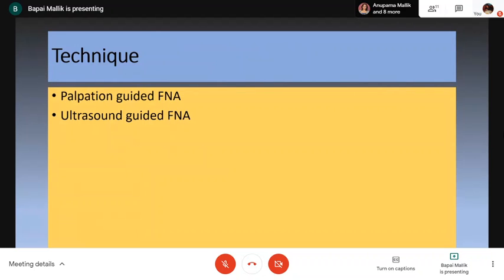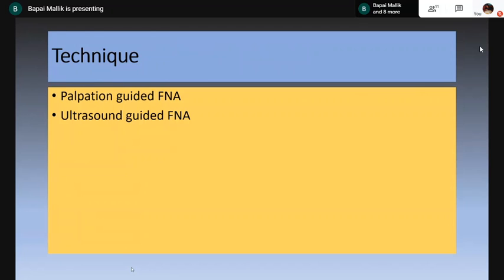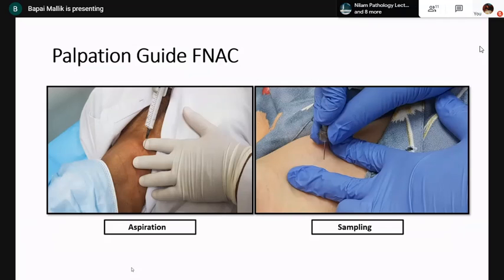So, some of the slides, some of you might have seen before in my previous webinar on general FNAC. So, the thyroid FNACs follow the similar principles. So, there can be two major types of FNA, palpation and ultrasound guided. It is extremely important to get a good quality aspirate. It can be done either with the help of a syringe or without a syringe, which is called the aspiration technique or the sampling technique. The sampling technique is preferred by a number of cytologists, including me, because it ensures that the sample is not too